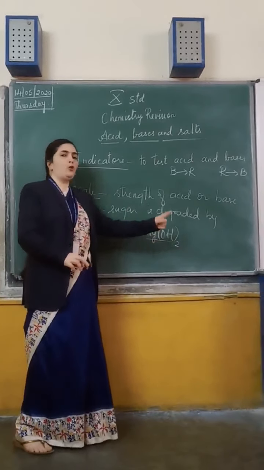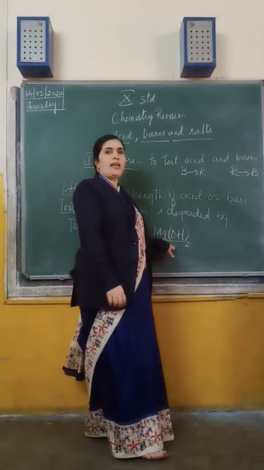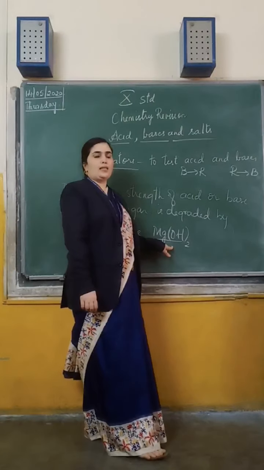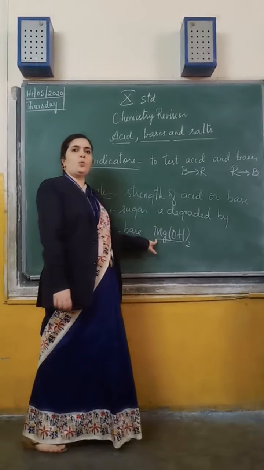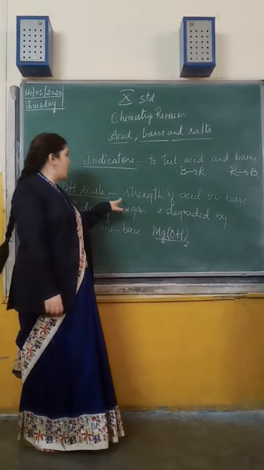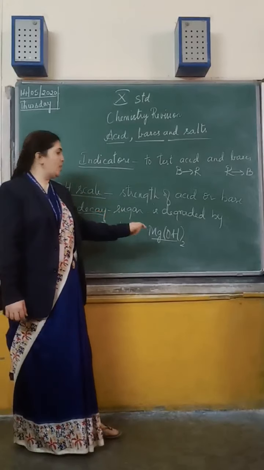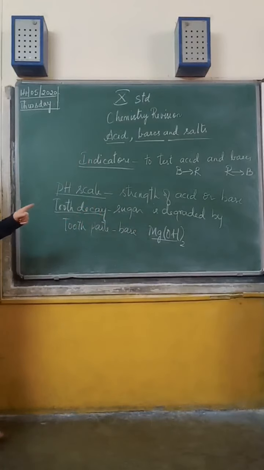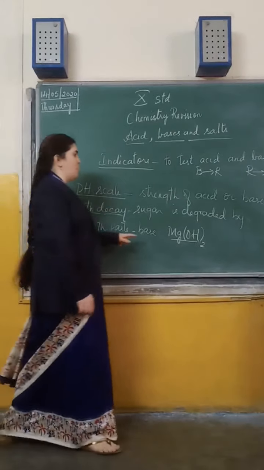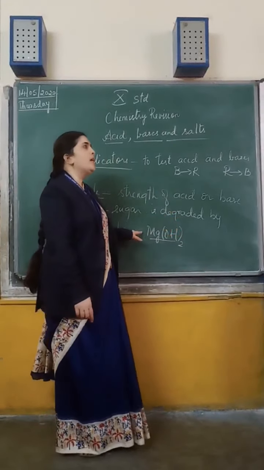Acid reacts with the base to form salt and water. Already we have learned the neutralization reaction in our last class. The same neutralization reaction works in our stomach also, in our teeth also. Whatever acid is liberated, we are neutralizing that acid with a weak base. Magnesium hydroxide is a weak base. We are not taking strong bases here. So even the acidity in our stomach is neutralized by taking some antacids.